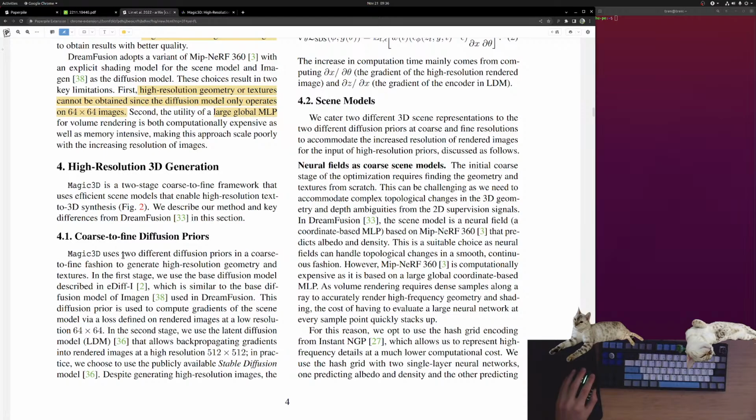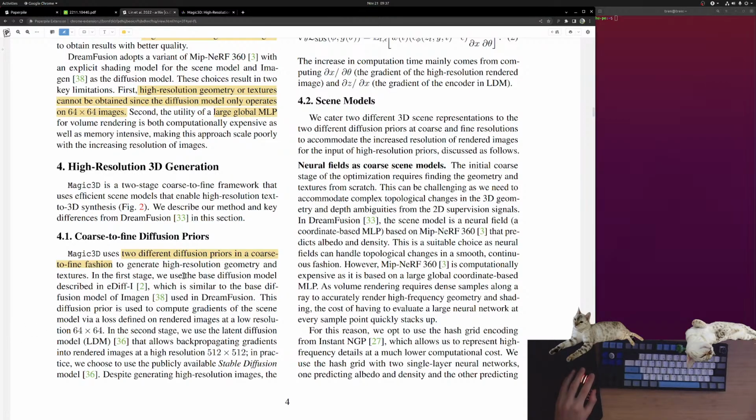So there are 2 different diffusion priors in a coarse-to-fine fashion, right? This idea goes way back in the computer vision world, where you can have different models that deal with different resolutions. So doing things at small resolution, then upscaling, doing things at a high resolution, then downscaling. Actually, the second part would never happen, but